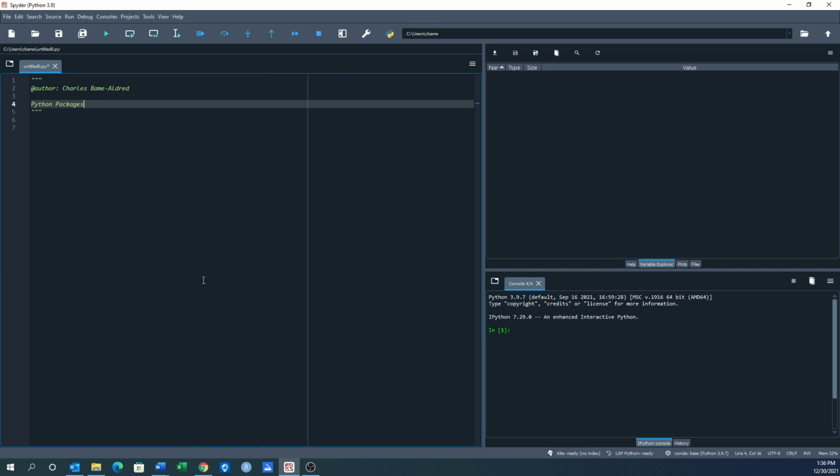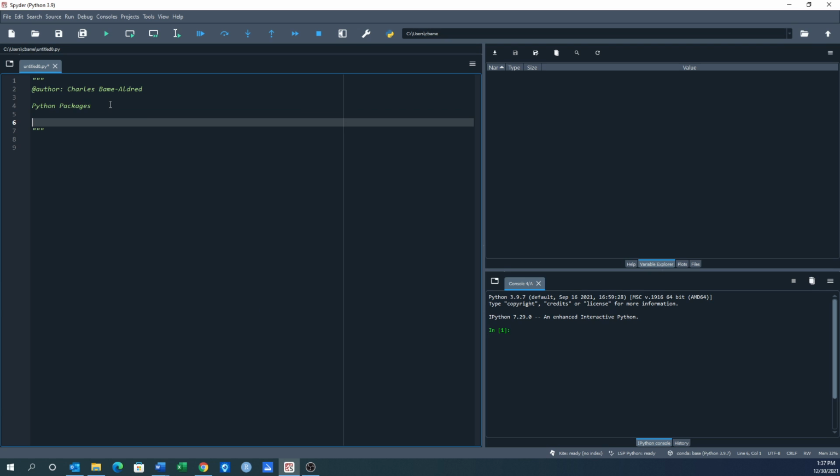Make this a little bigger. There we go. Some of these Python packages, and when you install this through Anaconda, there are going to be a number of packages that are pre-installed in Python. For the installed packages,